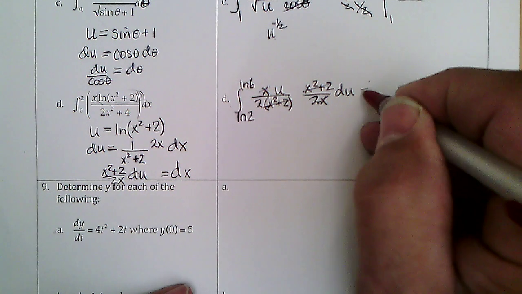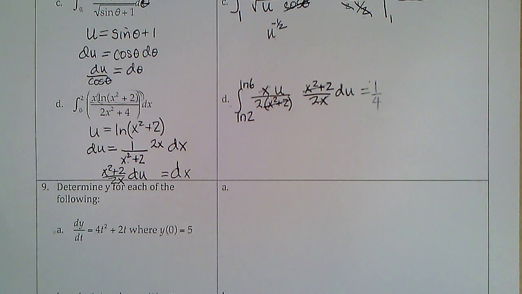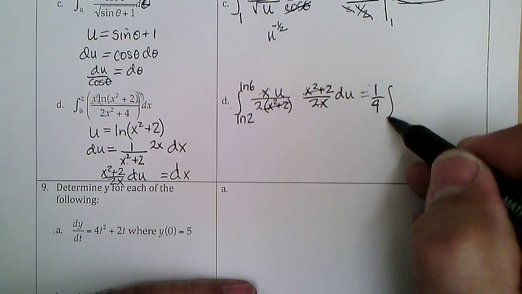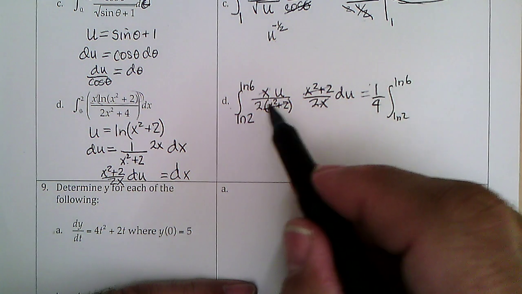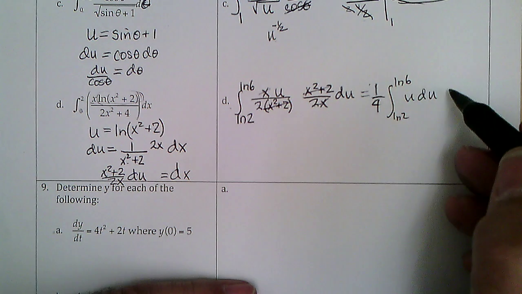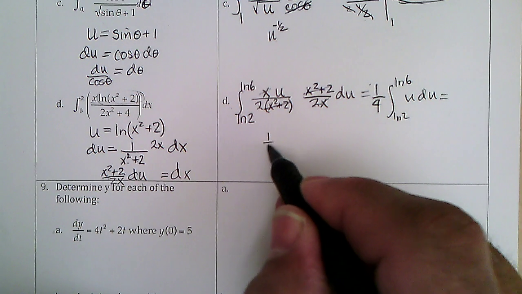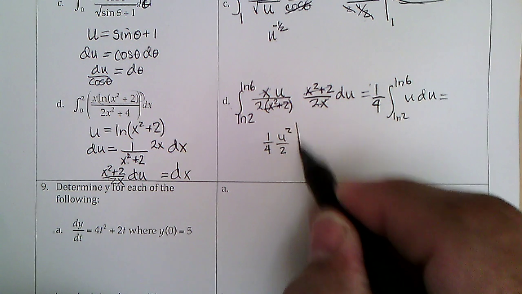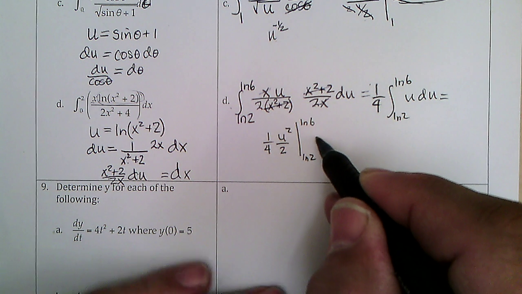So I got 1/4, and my pen's dying. 1/4 integral from ln 2 to ln 6 of u du, which is 1/4 u squared over 2 evaluated from ln 2 to ln 6, which equals